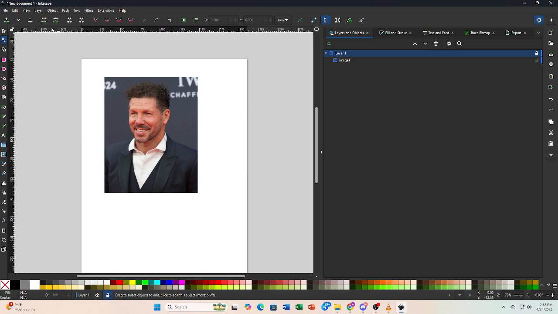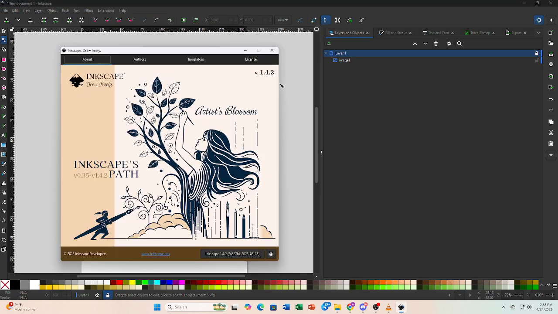If it still doesn't respond, go into Preferences and reset tool settings, because sometimes corrupted settings can silently break node editing. And finally, if nothing works, just update or reinstall Inkscape from the official version, because that usually fixes hidden